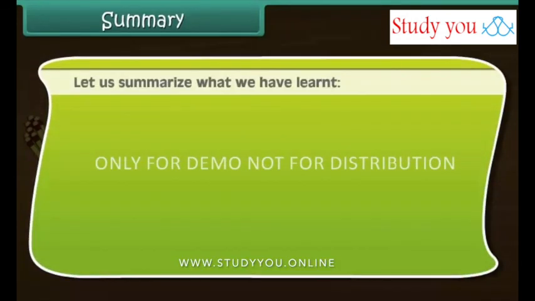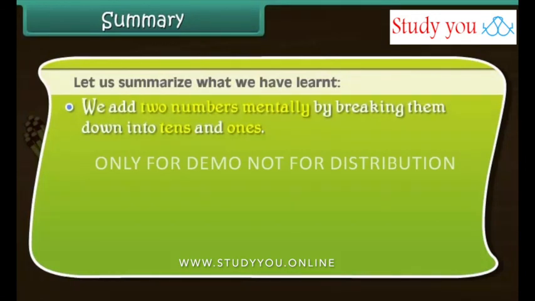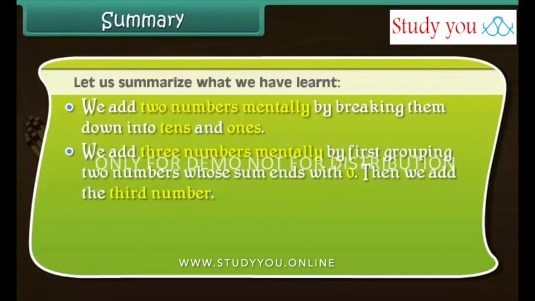Summary. Let us summarize what we have learned. We add two numbers mentally by breaking them down into tens and ones. We add three numbers mentally by first grouping two numbers whose sum ends with 0. Then we add the third number. We subtract